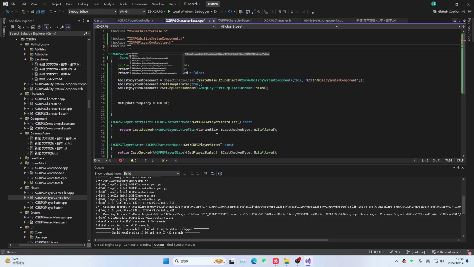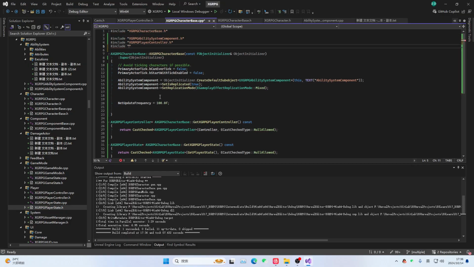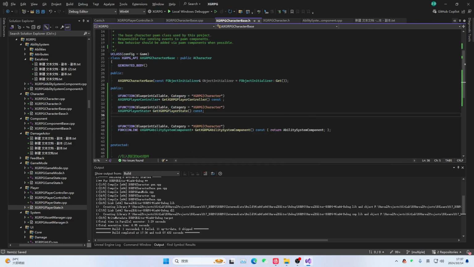Because what kind of error to check? Because you might be on the AI's pawn to get the player controller. Then this thing might have a relatively serious logic error, so we give it a crash here. This way we can clearly know when we code this method. Okay, so actually after writing this,